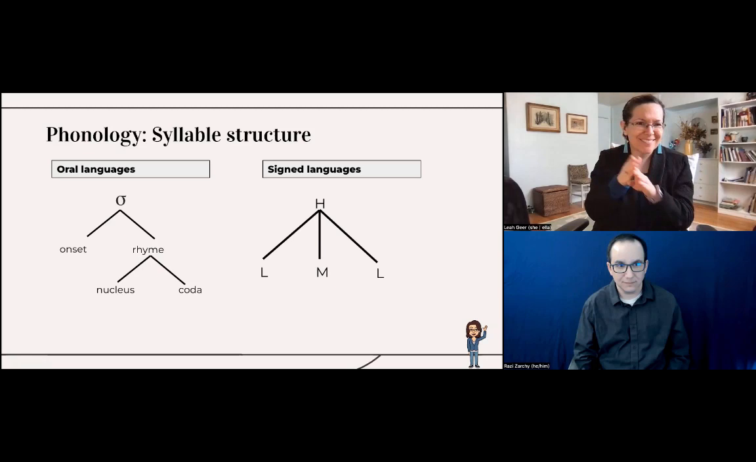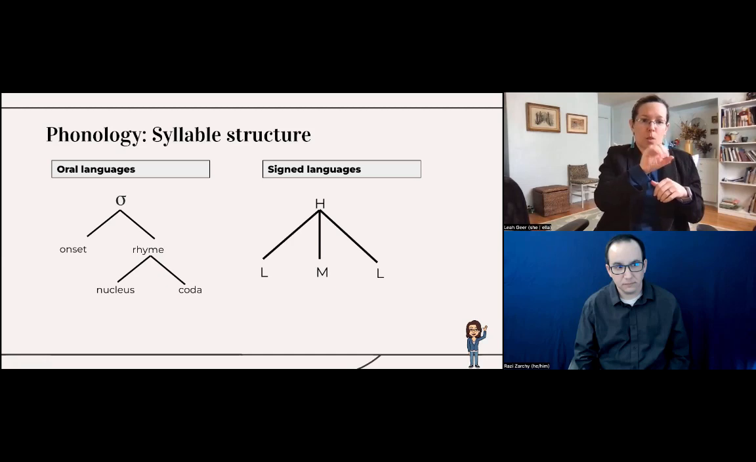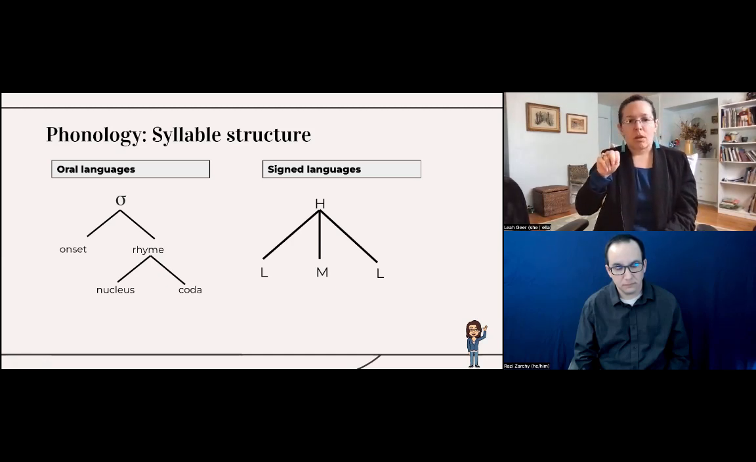This is not an exhaustive tree. I think the field itself is still novel and discovering more and more, though these are some of the most common. So the first would be the hold or location, the movement, and then the location. So for example here,